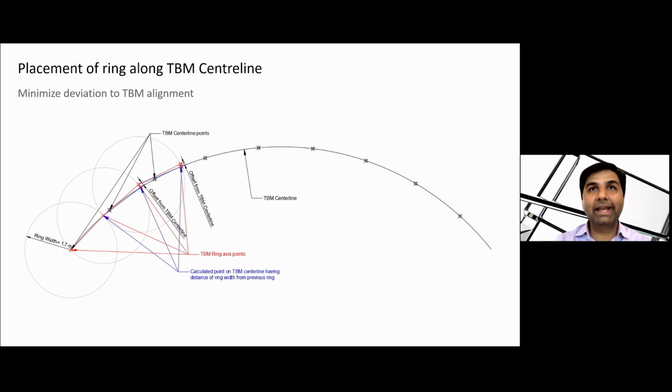The first ring can be placed at any position, but we have to decide that this is our first position and place it. For the second ring, we iterate one by one through the n minus x positions, and choose the position with the minimum offset from the tunnel central line, as you can see here. Then we finalize that position, and subsequently continue through the complete alignment line. That's our main criteria for the placement of these TBM rings.